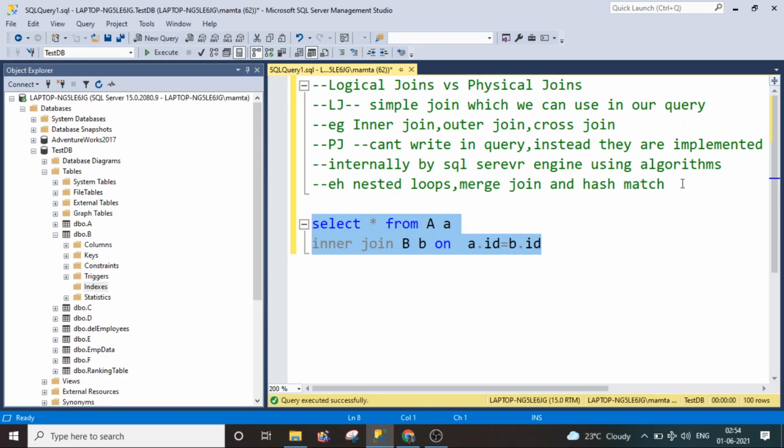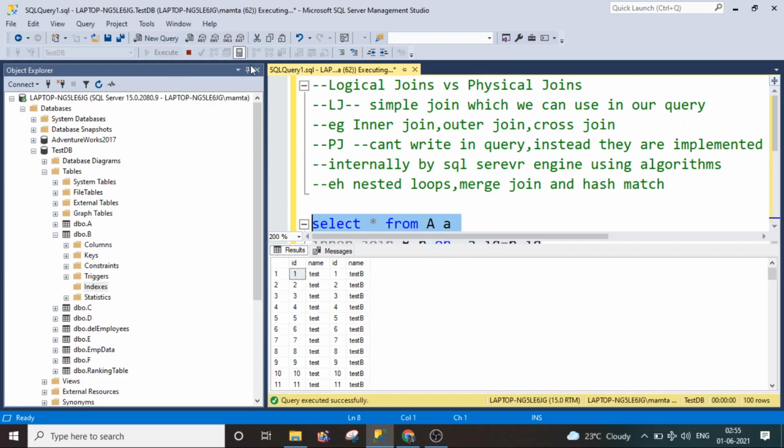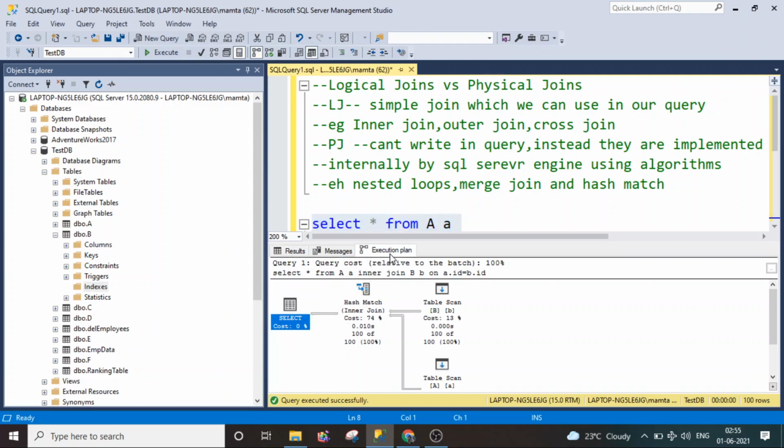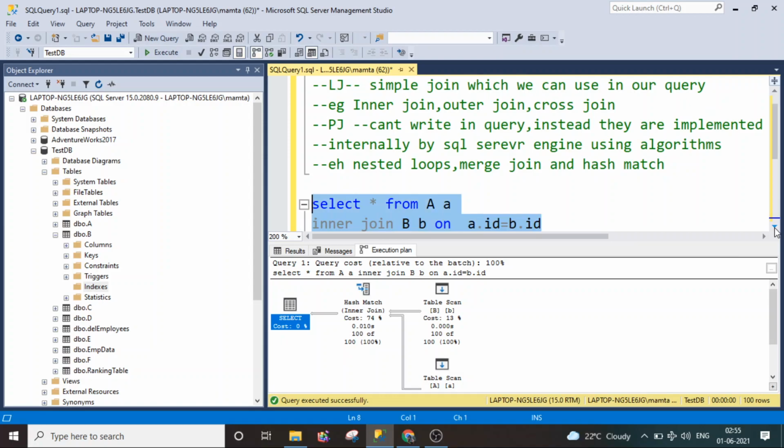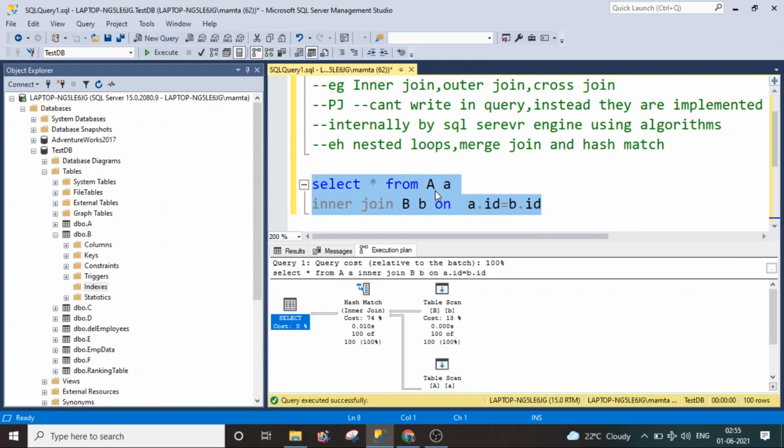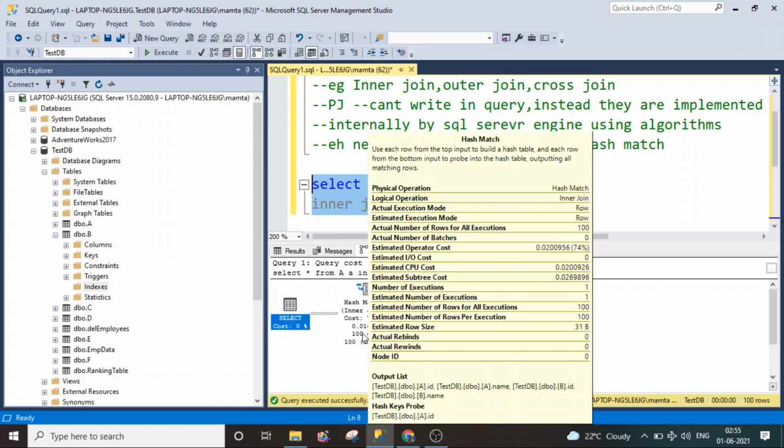So who does this job? The SQL Server database engine optimizer decides for a particular query whether to use the nested loop, the merge join, or the hash match to get the data. Let me execute it. I have included the execution plan here, and if you look carefully in the execution plan, the query optimizer, based on the query, decides internally that to extract the data from these two tables, A and B, it is going to use the hash match.